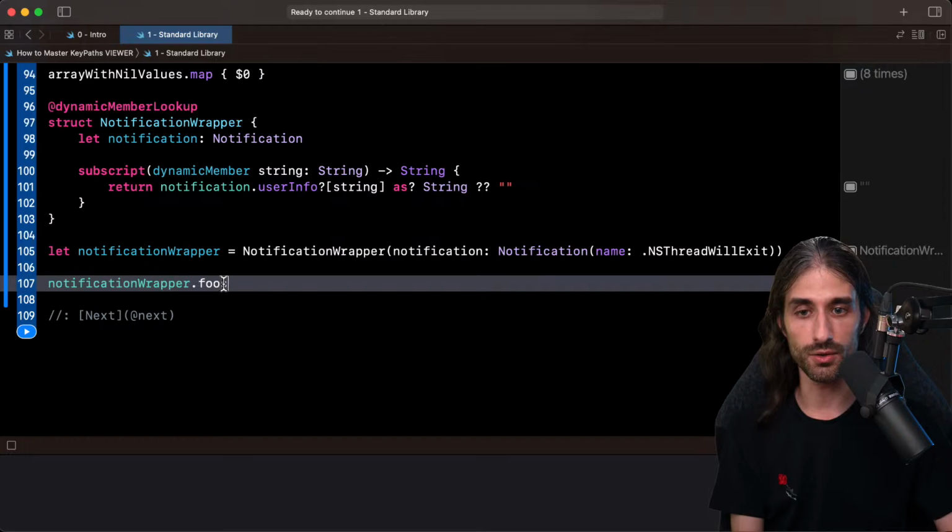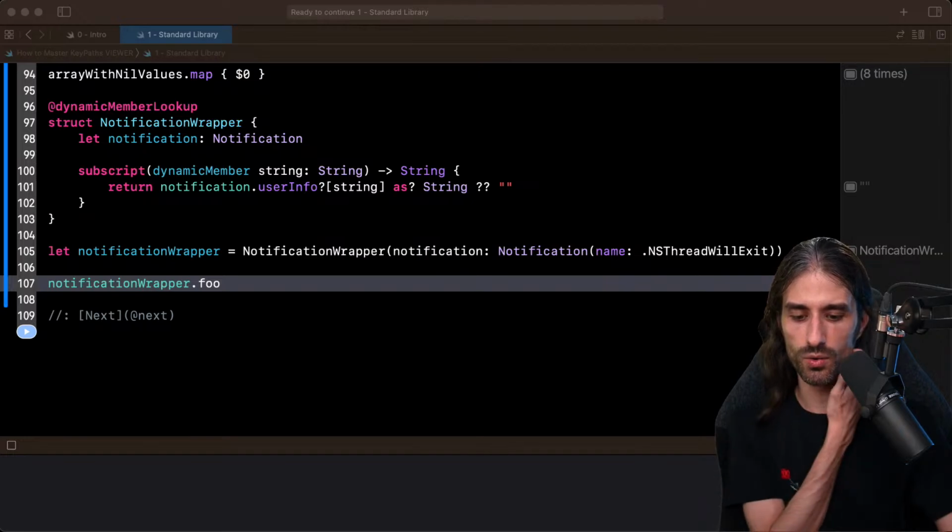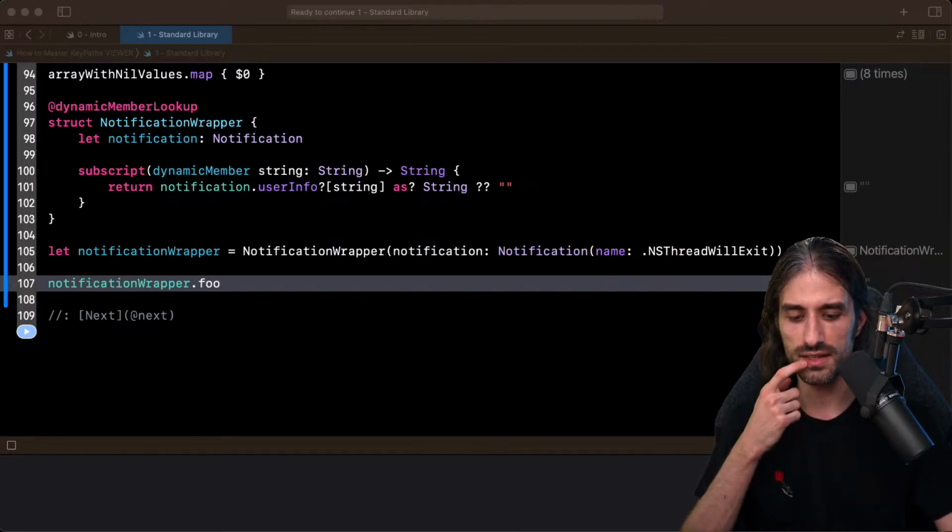If you make a typo and you refer to something that doesn't exist, the compiler will not warn you about it. And so it seems we could also combine this with key paths somehow.